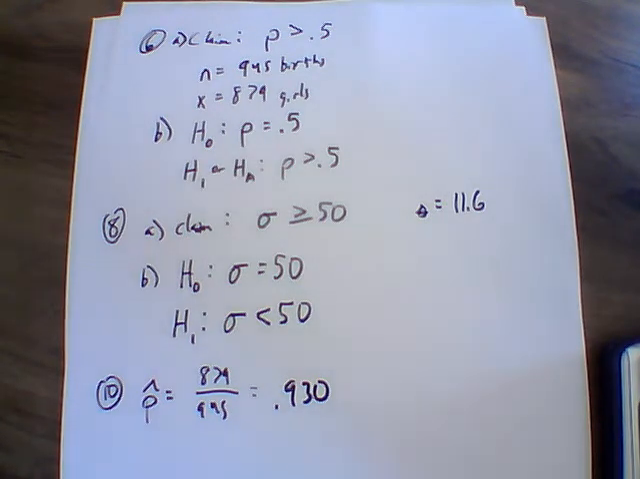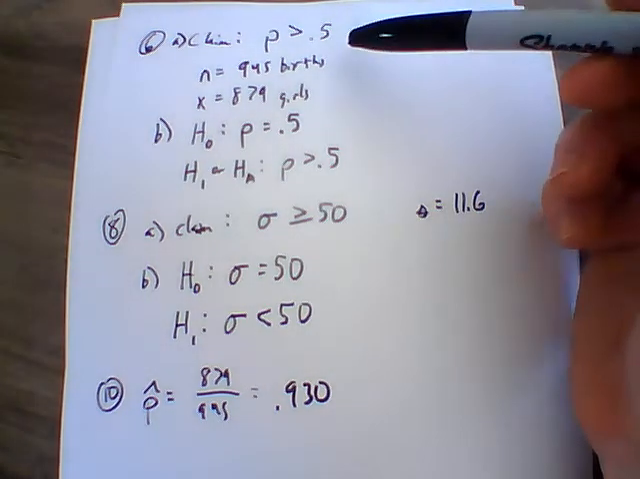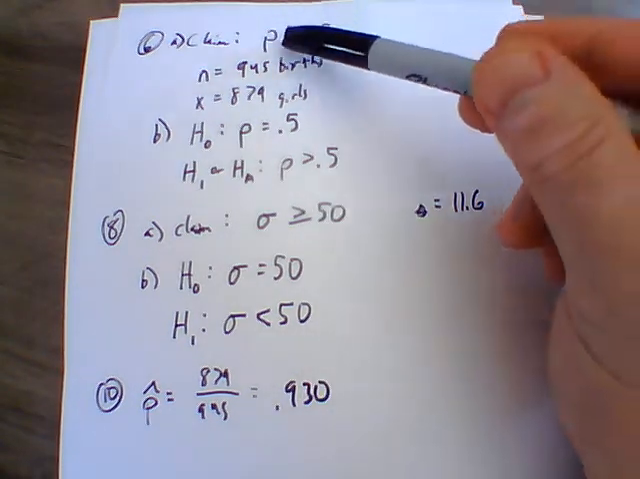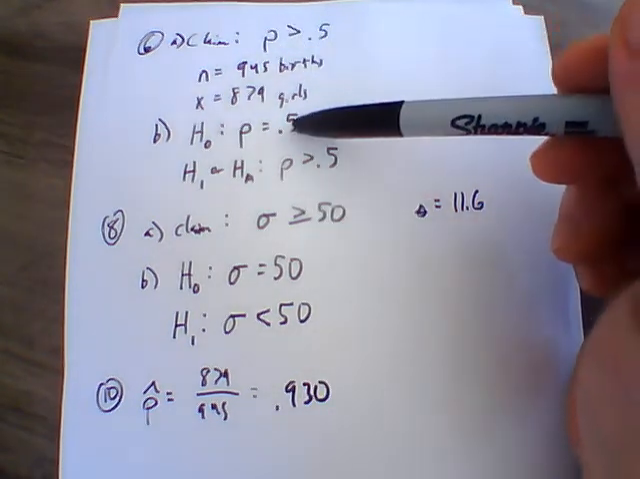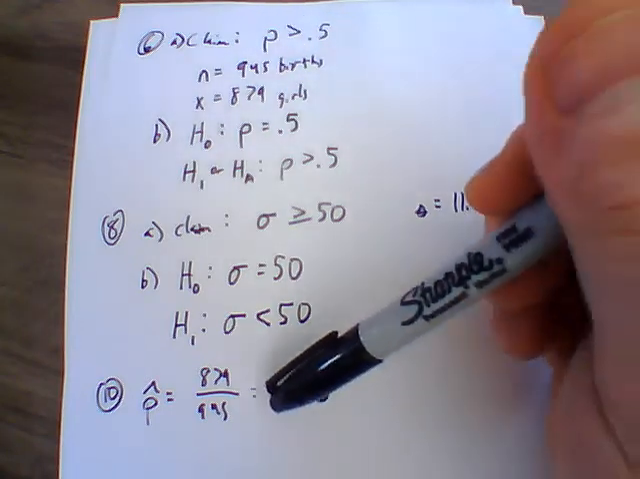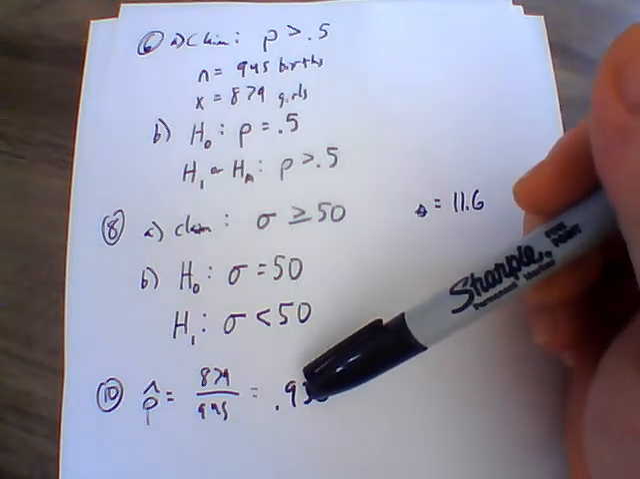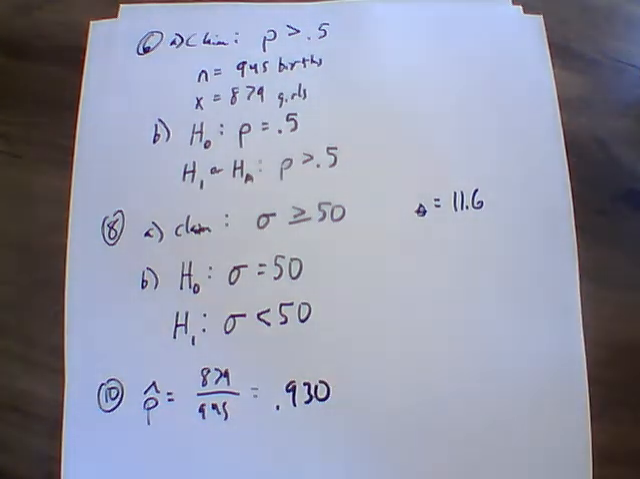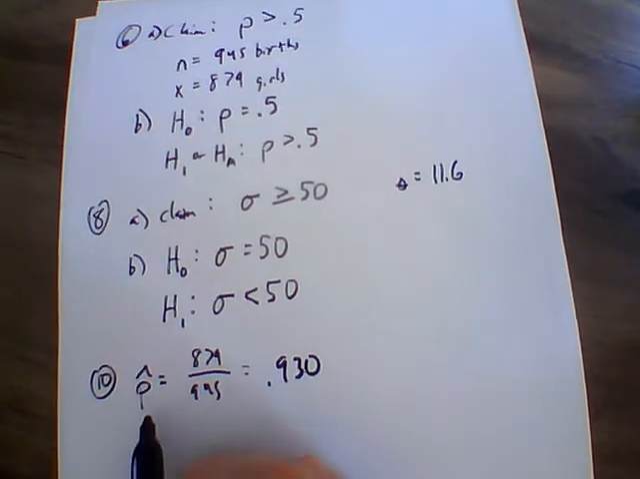So as we look at what our claim is, we got 0.930. Once again, we were testing towards that 0.5, and that we're greater than 0.5. So 0.930 definitely is greater than 0.5. So what we would state here is we would state